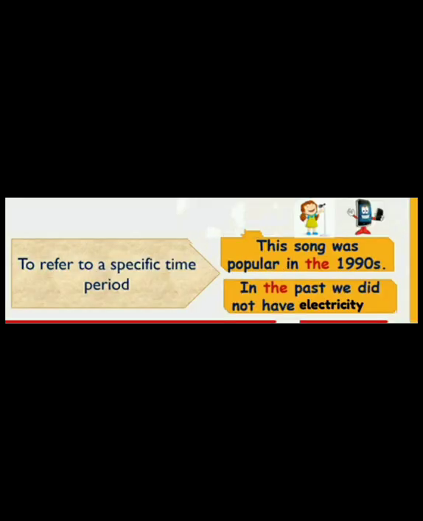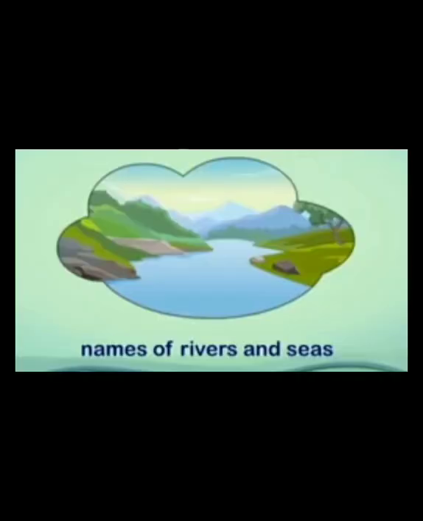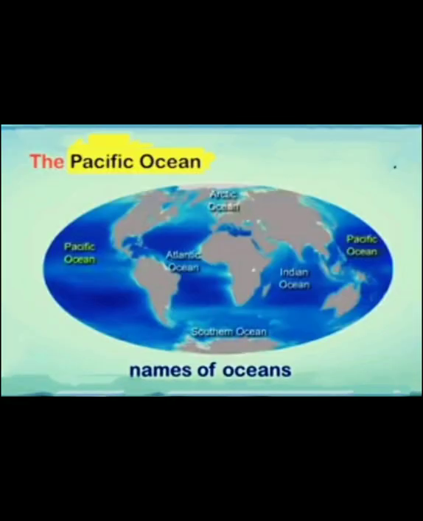Then the third rule is that we use the to refer to a time period. For example, this song was popular in the 1990s. In the past, we did not have electricity. We also use the before the names of rivers like the Yamuna, the Nile, the oceans like the Indian Ocean,